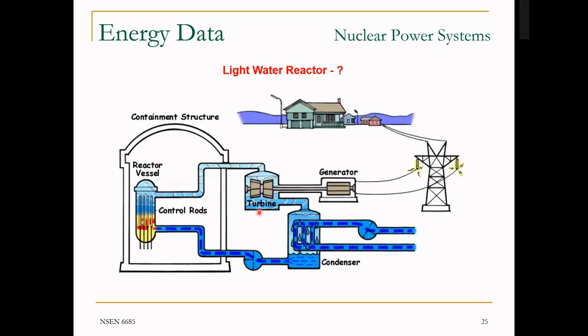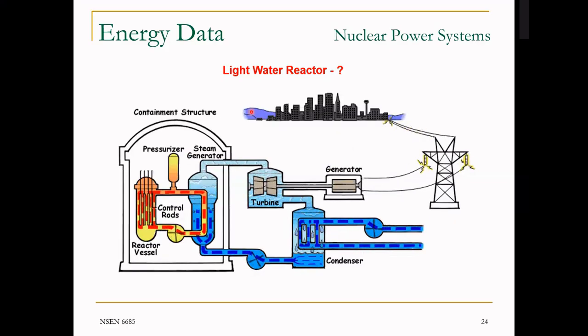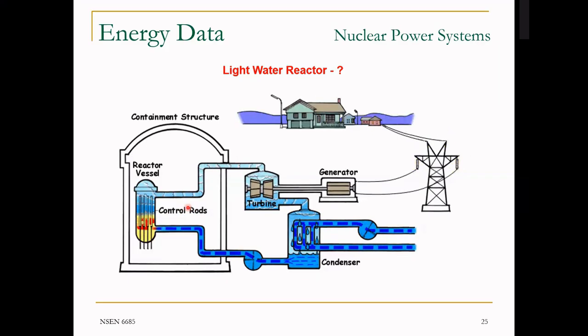This is the boiling water reactor. It's still a light water reactor type, but in this case, you see that the cold fluid is coming directly into the reactor vessel, in touch with the nuclear fuel, and is converted into steam inside the reactor vessel itself. Then the steam goes to the cycle. Again, if you have a pipe break here, you are exposing the outside community to radioactive material. It's true also here, but the chance of containing radioactive material inside is much higher for the pressurized water reactor compared to the